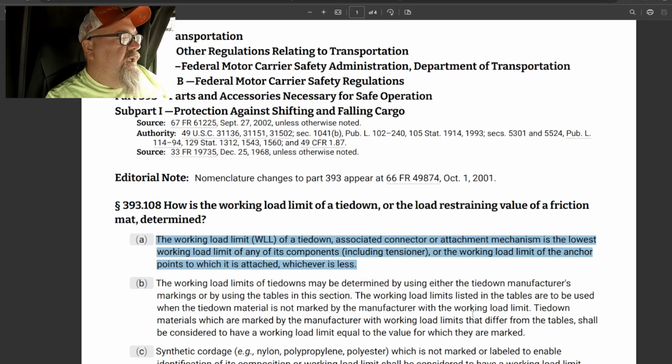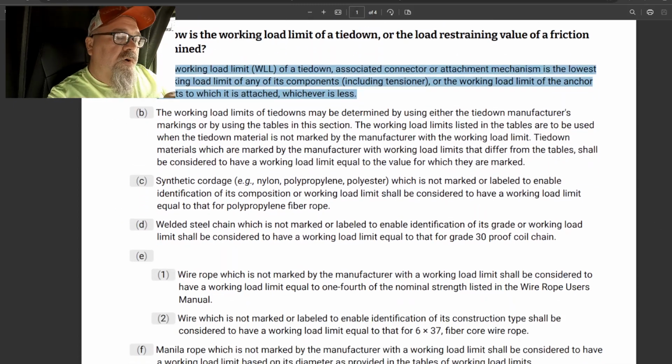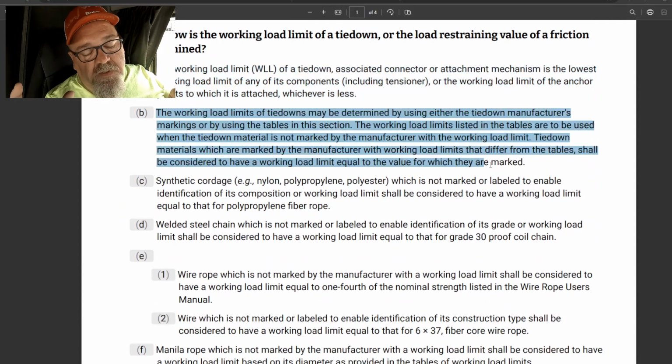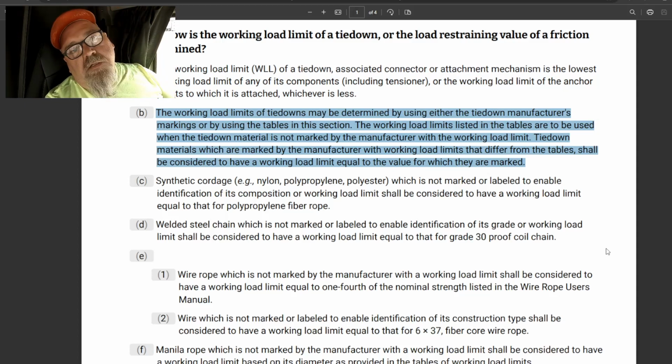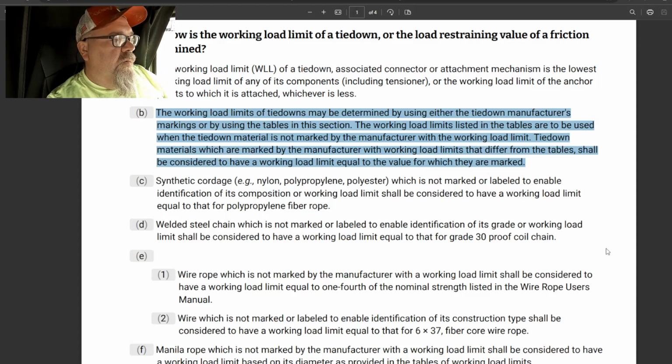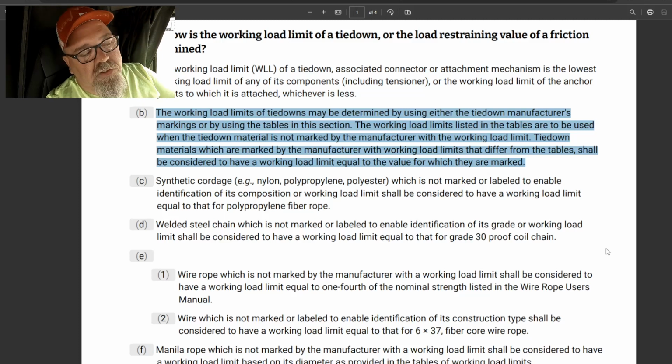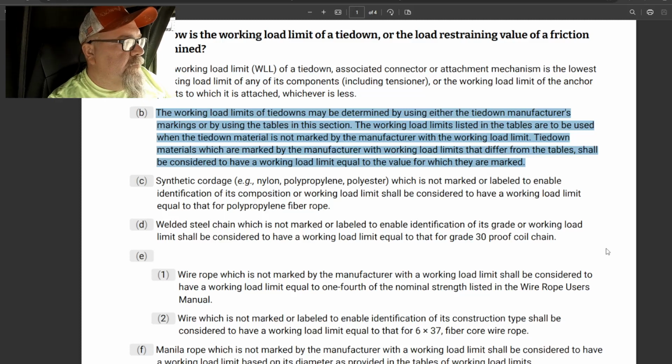It states that the working load limits of tie downs may be determined by using either the tie down manufacturer's markings, the tag on the strap, or the stenciling along the strap, or, as in the case of the trailer, a sticker or a placard telling you what the working load limit of the hook pockets and such are. Or on the winch, it's stamped in, because it's metal, showing what the working load limit is. So you can use those, or you can use the table that's included in this particular section of the FMCSA. So if it's not marked by the manufacturer,